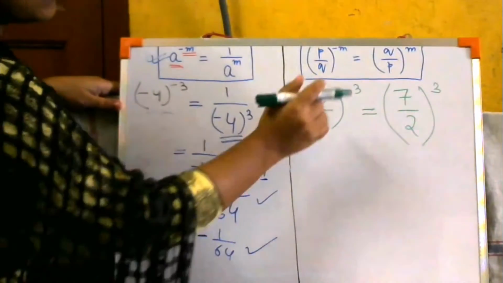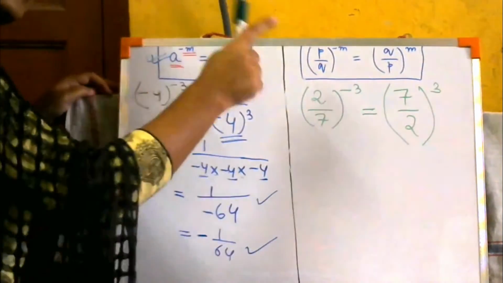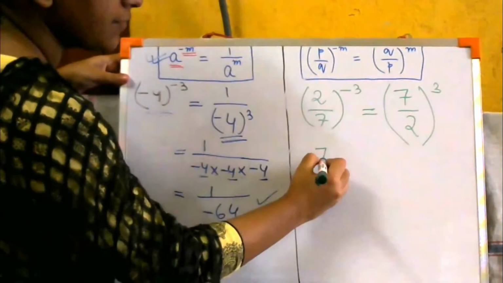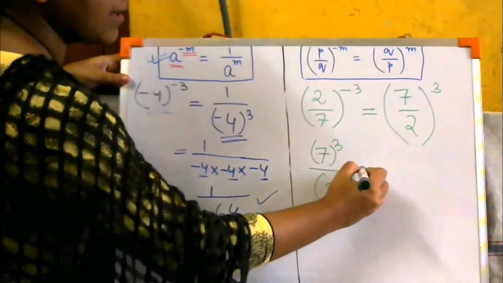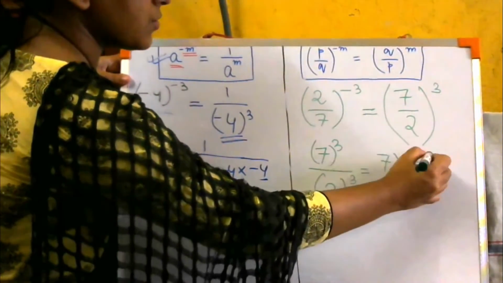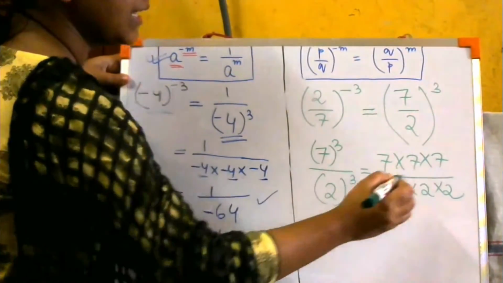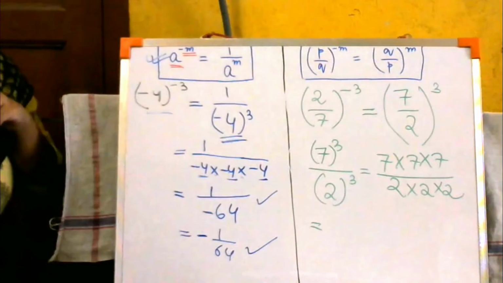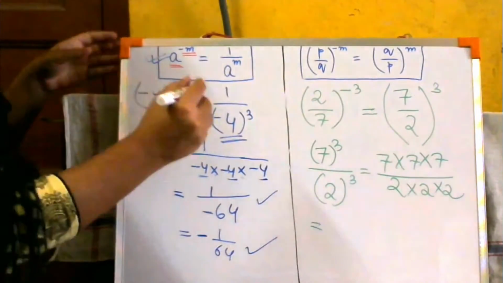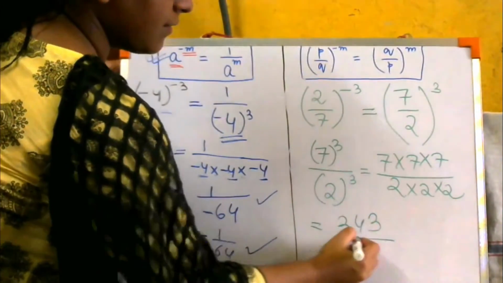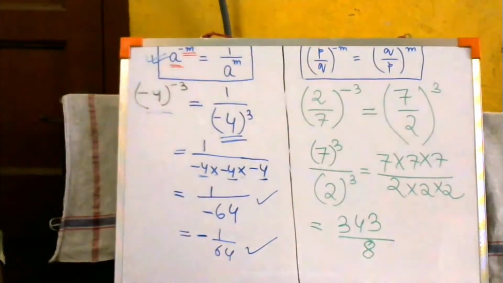Now, next thing, what we are going to do, just now I said 7 by 2 whole to the power 3 मतलब 7 का भी power 3 है, 2 का भी power 3 है. तो we can write like this, 7 to the power 3, 2 to the power 3. मतलब 7 into 7 into 7 divided by 2 into 2 into 2. ठीक है? So if we solve it down, 7 into 7 is 49. 49 into 7 is, I guess it is 343. So it is 343 divided by 2 2s are 4, 4 2s are 8.